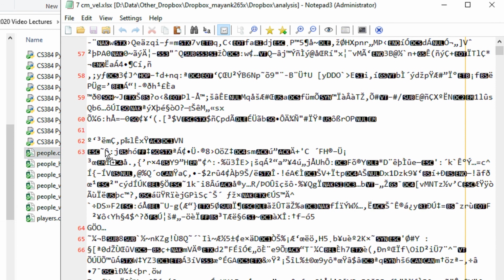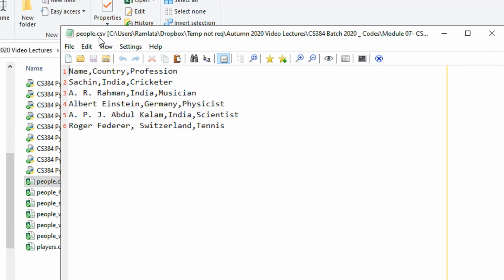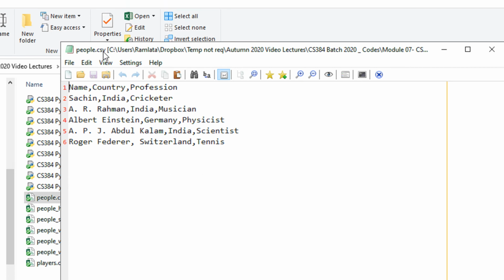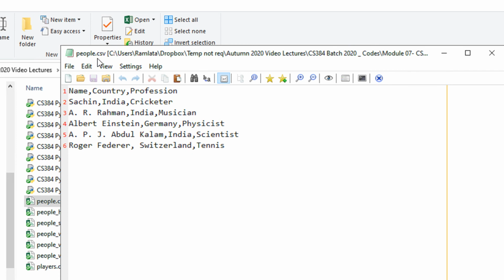The advantage with CSV is that you can have a simple text file only. The extension is .csv, so you can see the extension here. The takeaway for this lecture is that CSV files are basically text files. They are comma separated, and hence the name CSV, comma separated values. V stands for values.